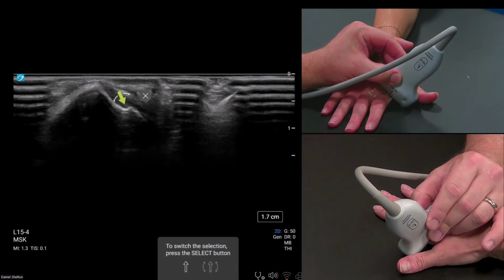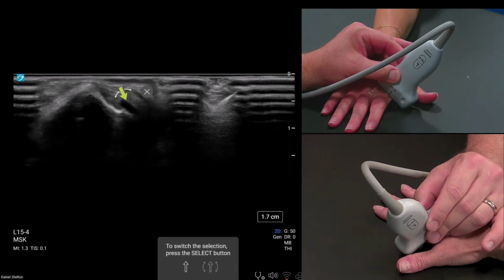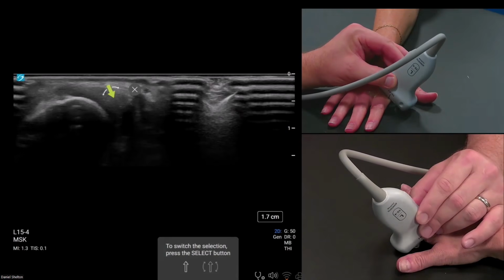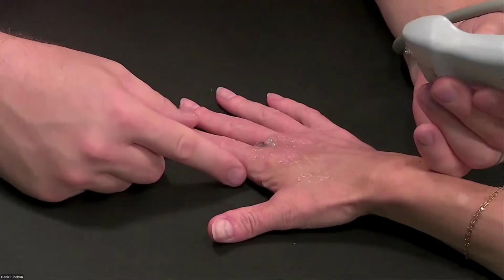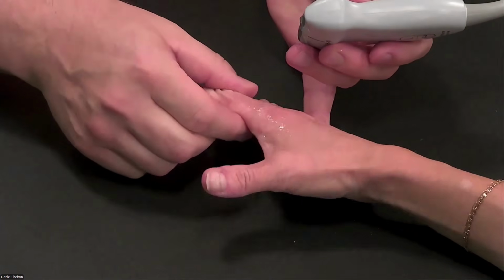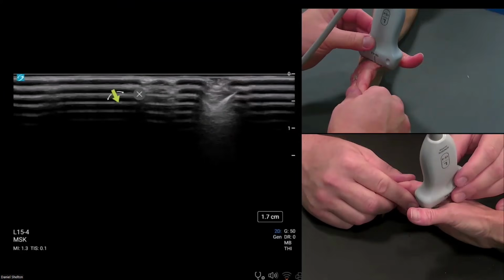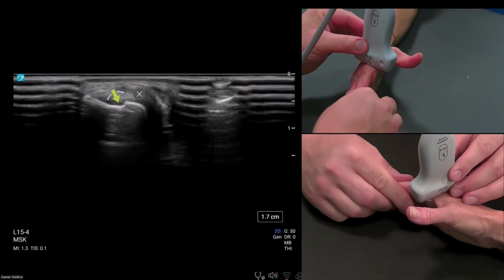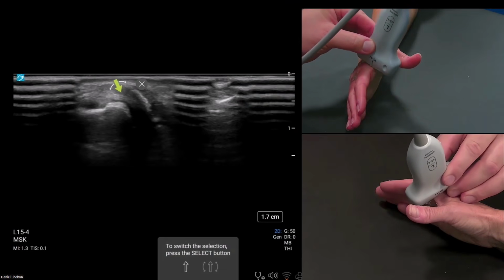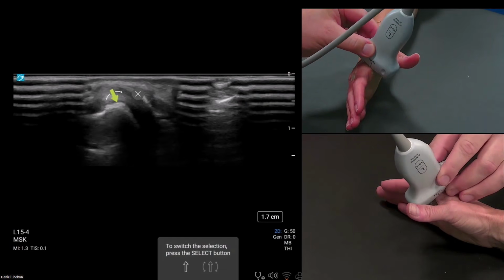But we have a nice long axis of an accessory collateral ligament of the MCP joint, and it will not insert so much on the proximal phalanx as it does wrap around to the pulley. So we'll hold the hand up here in kind of a karate chop position, and then we'll follow that accessory all the way around. So we're just looking at these nice long axis fibers here. We see we're still on the metacarpal.